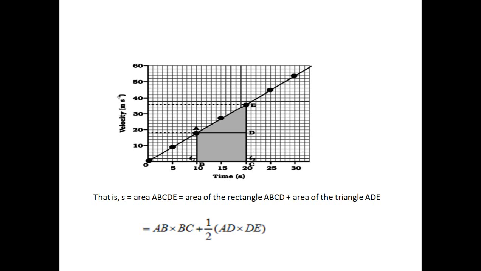The time interval is 0, 5, 10, 15. So what is the difference? It's a difference of 5. The velocity is changing, but it's changing in a uniform way. For example, 0, 8, 16, 24. So there is a difference of 8, 8, 8, 8. So what is this saying?